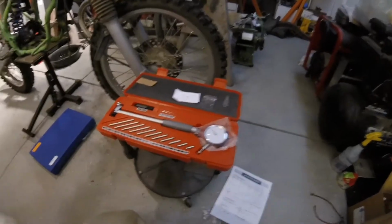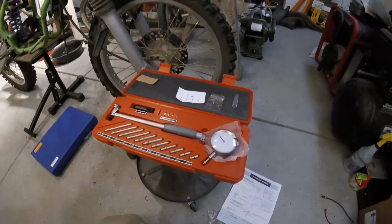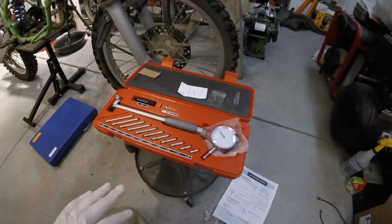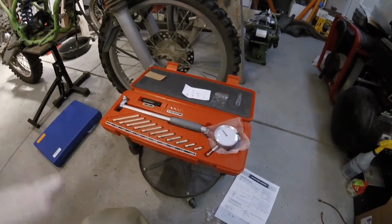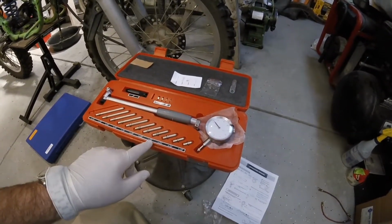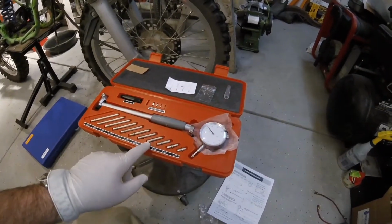So to properly set up your dial bore gauge, you have to do 2 things. One, you have to assemble it, which is basically just putting your dial into the handle. And then the second thing is going to be to select the correct anvil and spacer corresponding to the measurement you're trying to take. Now, we're really lucky. We've got this 2.60 inch anvil,